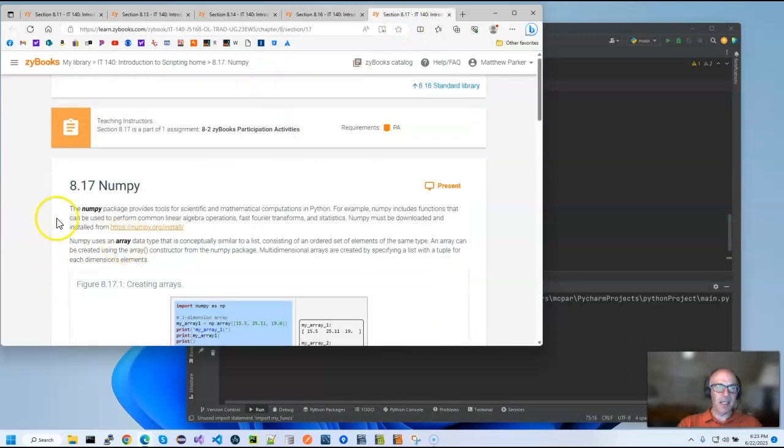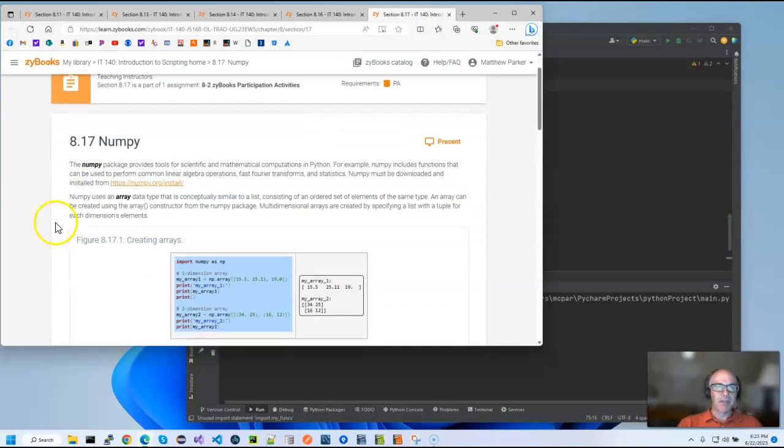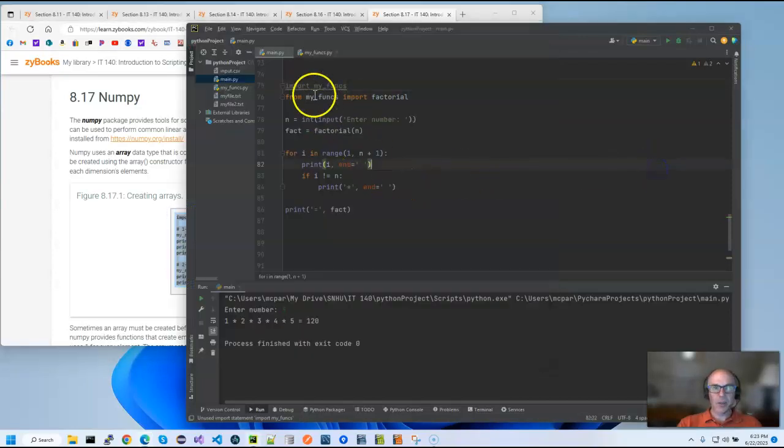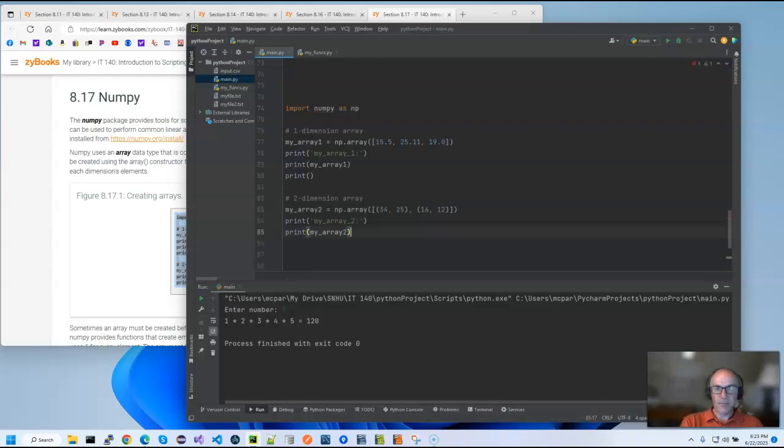Last thing they talk about is a package called NumPy. So NumPy is a package to do a lot of scientific and mathematical computations. It has a lot of things to do with linear algebra, arrays. So to use NumPy, you do an import numpy, and then we can also specify how we want to reference the module. So here they're going to say as np, and then we can reference all of the things that NumPy has using that variable. So I'll just go ahead and kind of come in here. So numpy dot,